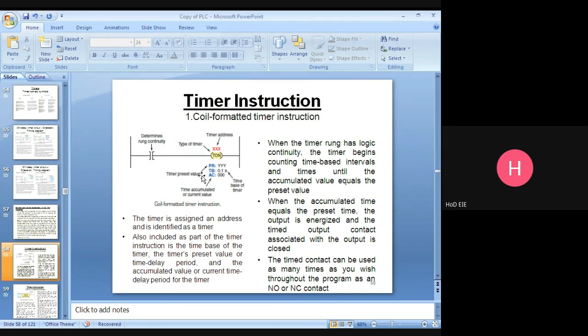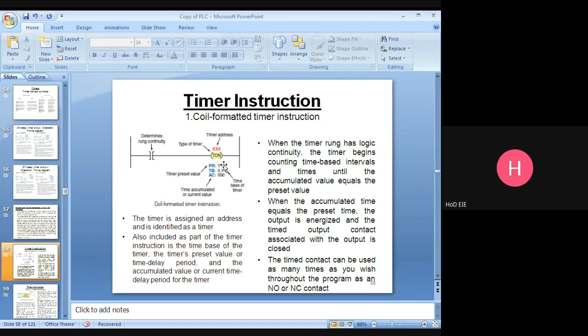TB is nothing but the time base. Suppose you are giving the preset value 10 second and the time base 1 second. When it's operating, it will accumulate like this: 1 second, 2 second, 3 second.